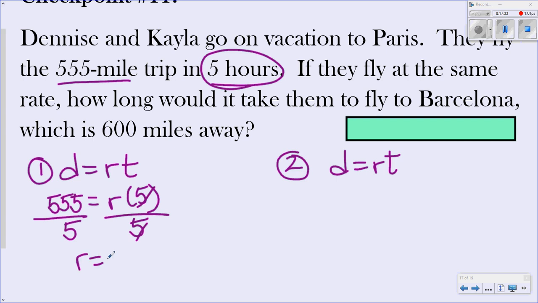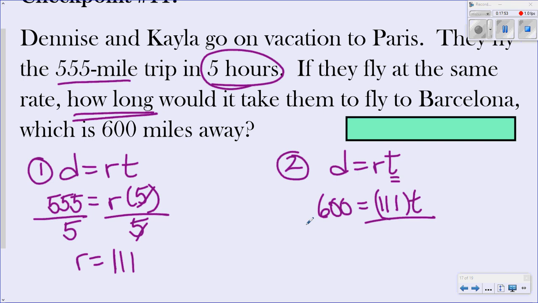So that will give us 111. We're going to use that and then find out how long it will take them to fly to Barcelona, which is 600 miles away, using that same rate. So we plug in the R, which was 111, times T, and solve for T. T equals 600 divided by 111, which will give us